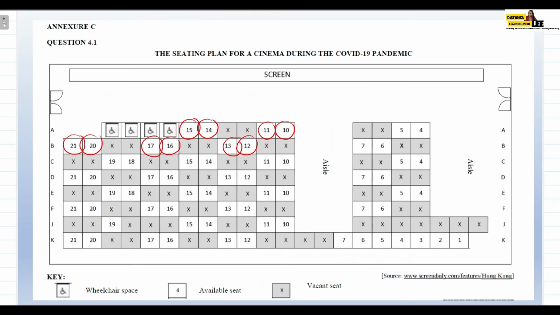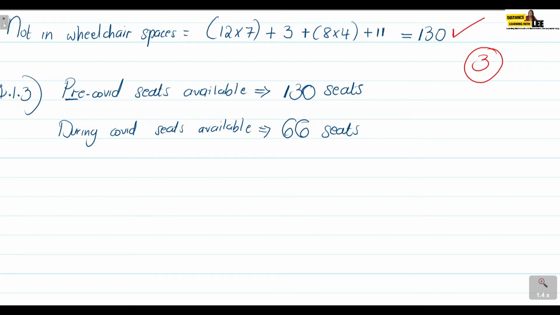So all that you need to do, guys, is take those 66 seats and divide it by the total seats that were available pre-COVID-19, which is 130 seats. And because we want the percentage income lost, we just need to multiply it by 100. And when we do that, guys, you will find that it is actually